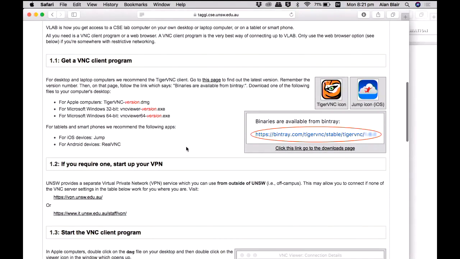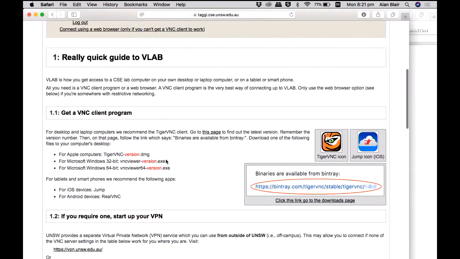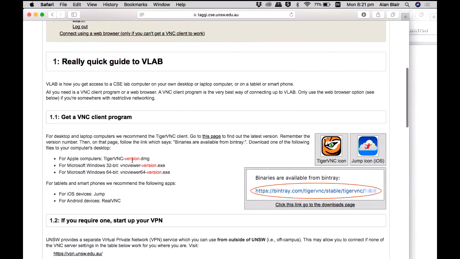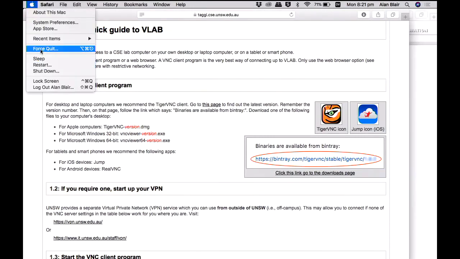Basically, if you need to log in remotely and run this emulator, you have to install a VNC client. I went through this process myself a few days ago. I found it's better to compile it from source rather than use a downloaded binary. You also need to have a VPN in order to run this. So let me just quickly demonstrate that this works.